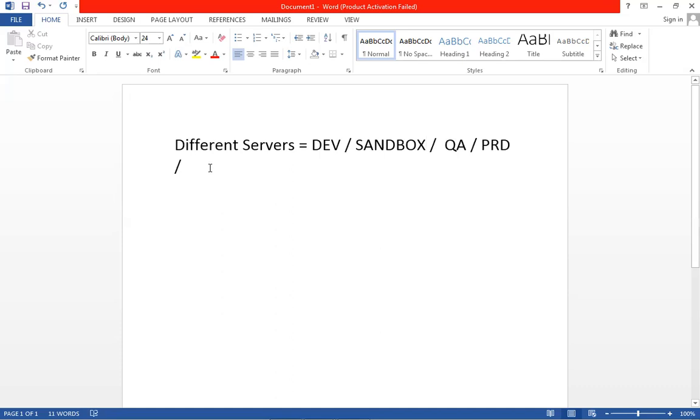Okay, you are going to learn more about these different servers when we log in to the SAP system. In the training system you will all have access to only a single server, but in a real-time environment these four different servers are being configured by the basis team,